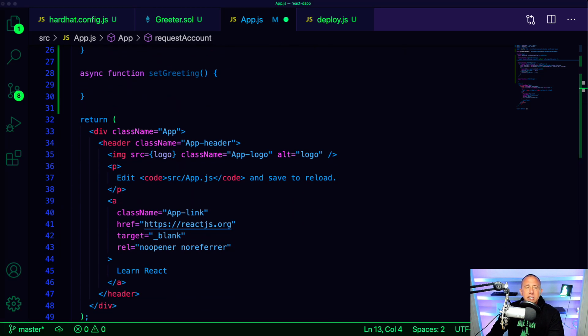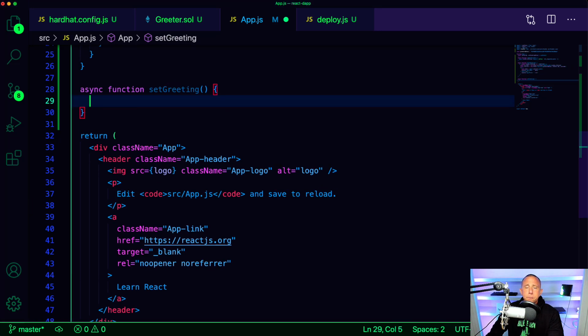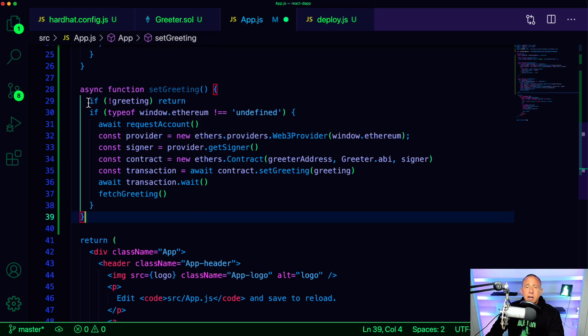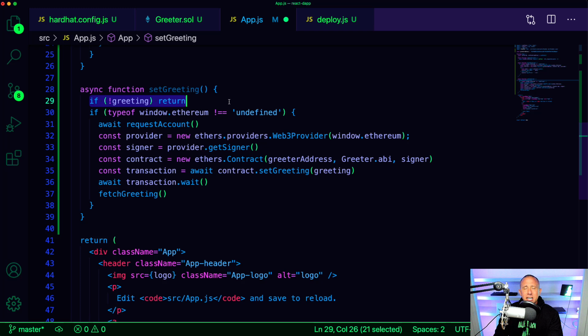So the next thing that we want to do is create a function for setting the greeting. To do that, let's go ahead and add some code here. The first thing that we're going to do is check to make sure they've actually typed in a greeting, because if they haven't, we don't want to write an empty string to update anything. We also now check if window.ethereum is there as well, and if it is, we continue. We now wait for the user to enable their account to be used, and once they've connected their wallet, we continue. We create another provider, but what we're doing here that's a little different is that